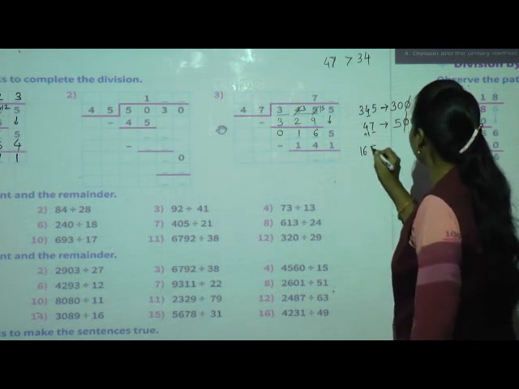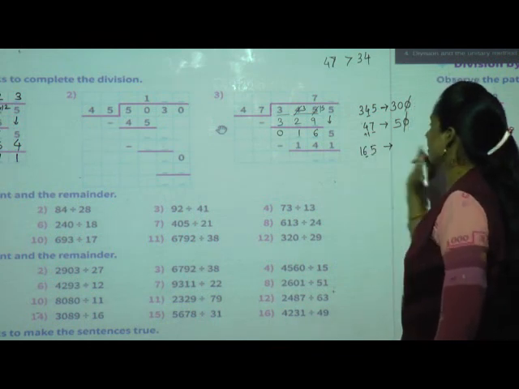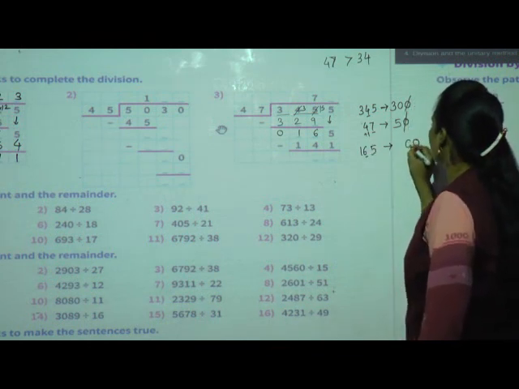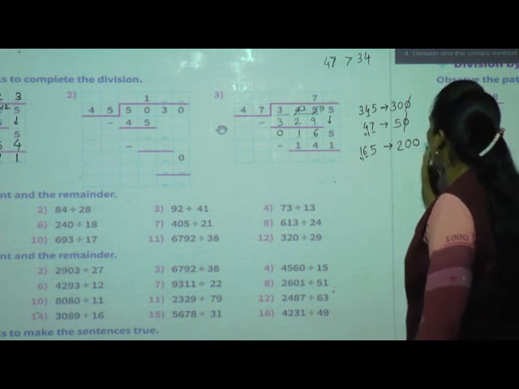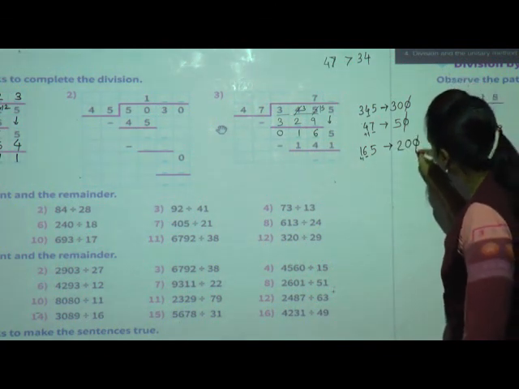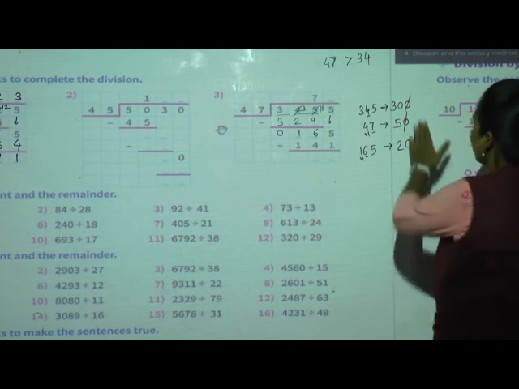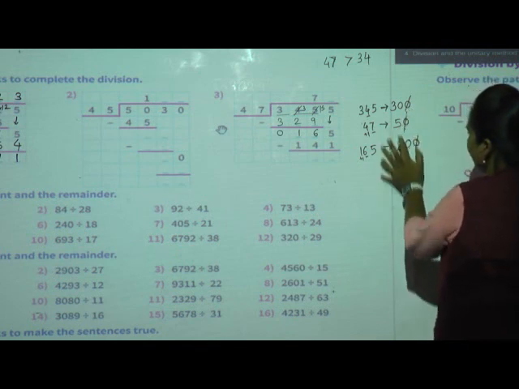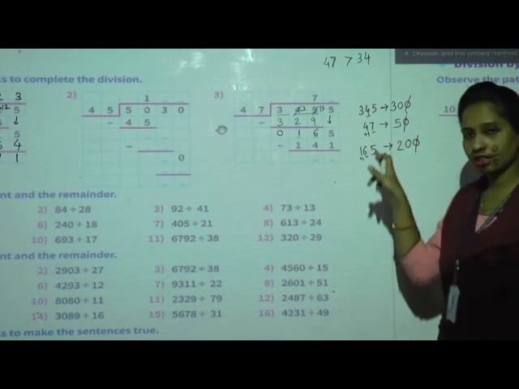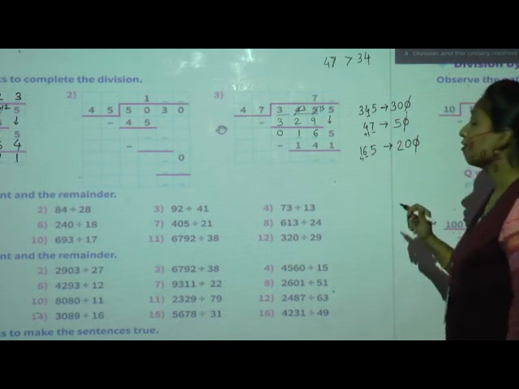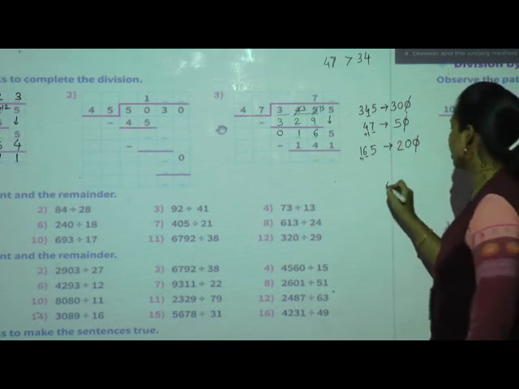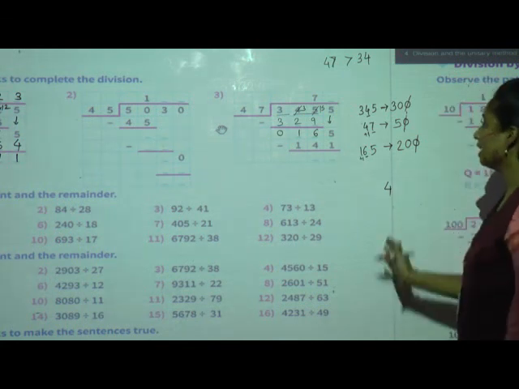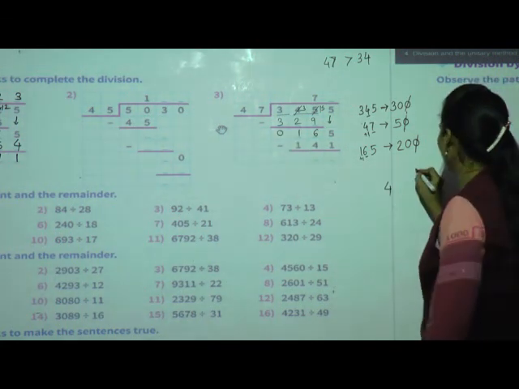Here I will estimate. 6 is there, so place 0, 0 and add 1. 200. Now again cross 1, 0, cross 1, 0. This 2 will go. What will remain? 20 divided by 5. So how many times 5 means 20? 5 fours are 20. So the estimate quotient is 4. Now we will try with the actual number.